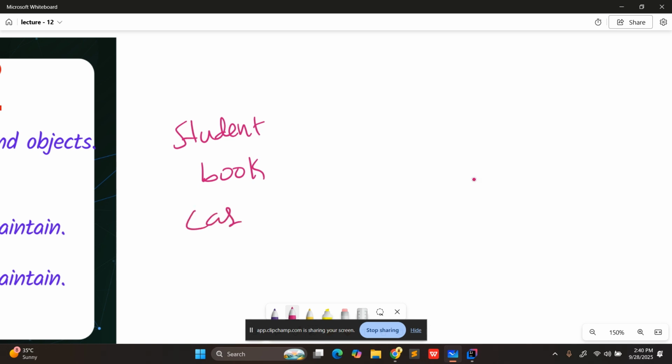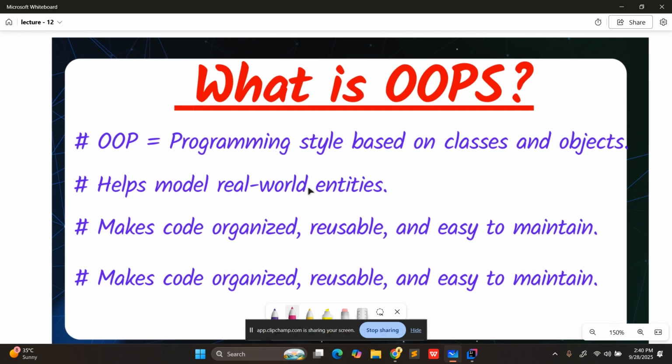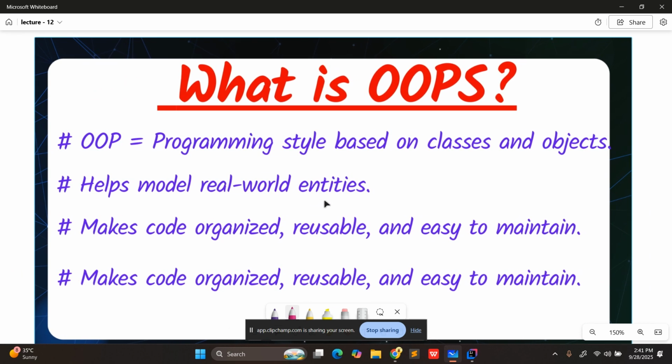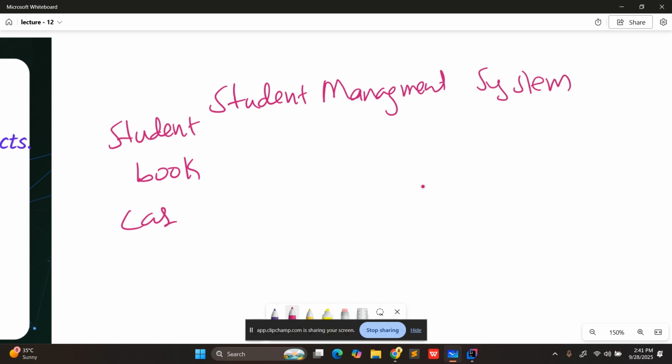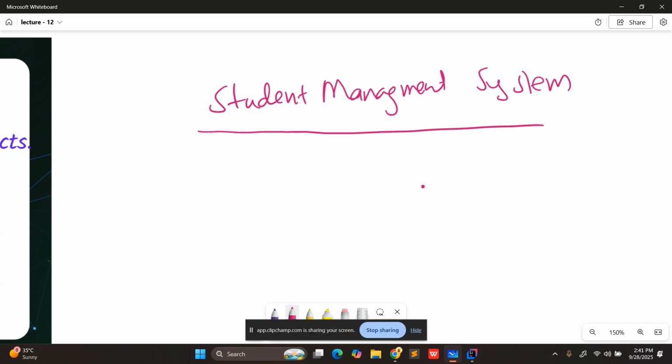When you are building real world applications, you are dealing with real world entities. This is why we need object-oriented programming. I will explain with some scenarios why we actually need it. Let us take the example of a student management system. In the student management system, I will have three entities: